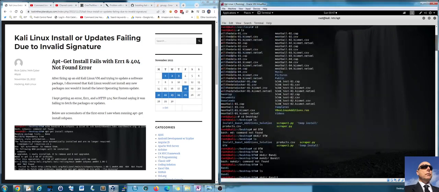So the title of the article is basically talking about when Kali Linux installs or updates are failing due to invalid signature. I was originally getting this error with some old Kali Linux VMs that I was spinning up that I had not touched in maybe a year or two. And so, of course, the signatures are old, everything's old. But I was trying to do this